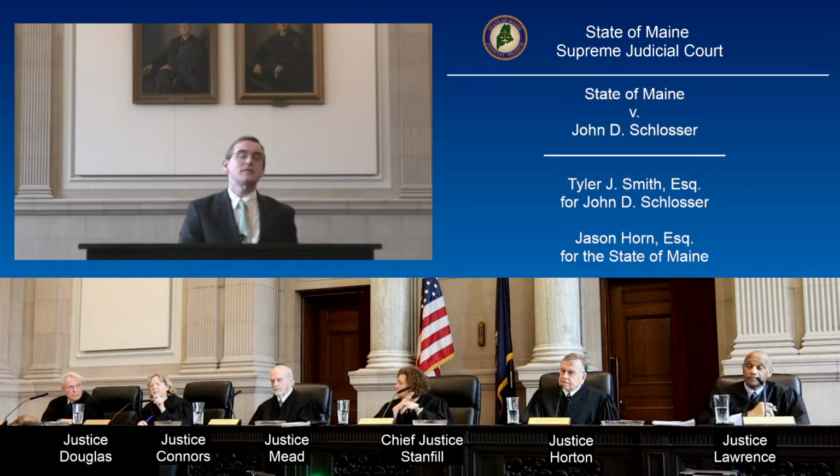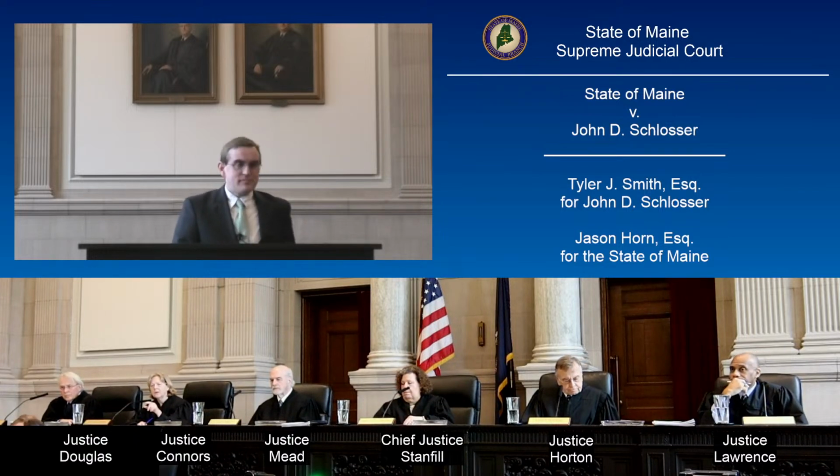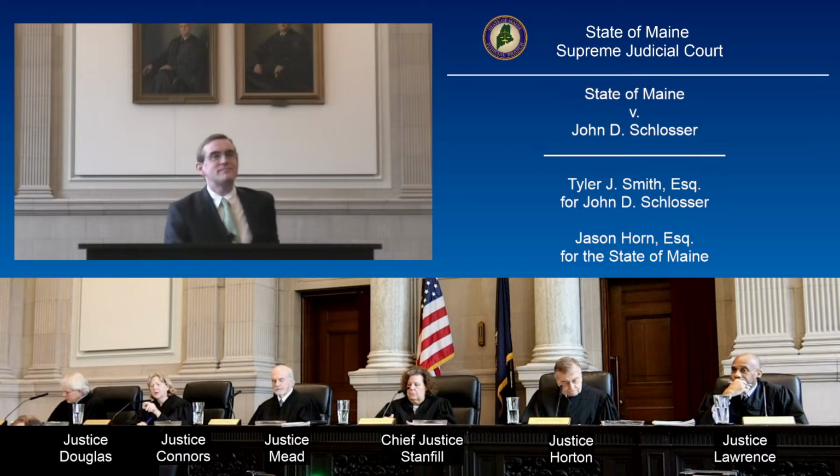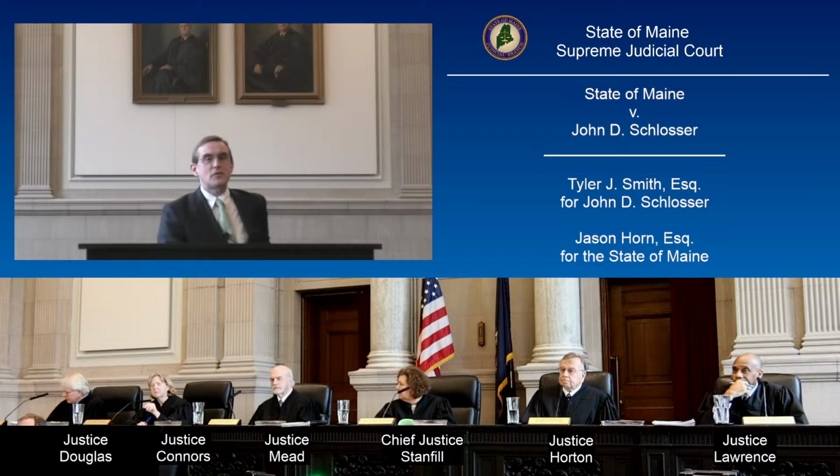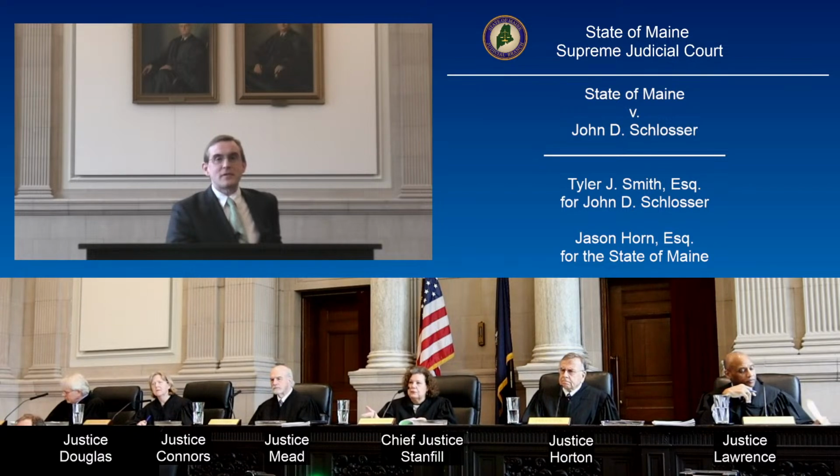Do you agree that it was within the discretion of the trial court to give a lesser included on possession? No, I do not. Not under these circumstances. Because it wasn't a lesser included. Correct. Okay. It's not a lesser included, therefore it was not within their discretion. There was simply no error under the law as it stands.